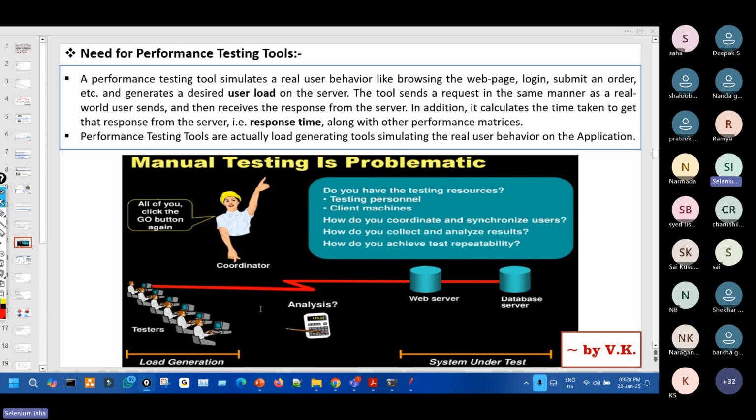Now, why do we need tools like JMeter or LoadRunner? Because manually we cannot do it, right? So suppose you want to do the things manually,